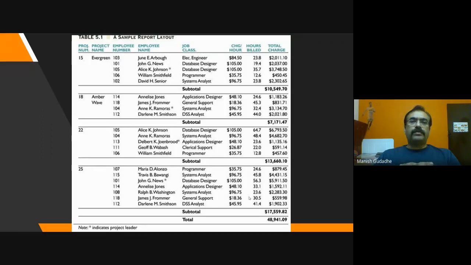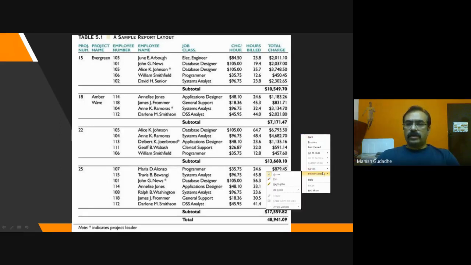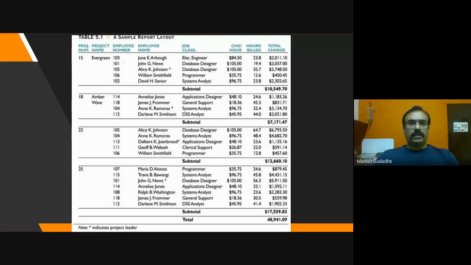Now we are asked to prepare a database for this raw report. Okay. Now we need to convert it into a table form. So let us try to convert this into a single table. Okay. We'll convert it into a single table. If you are seeing it here, these are the attributes which we'll have to be addressing.